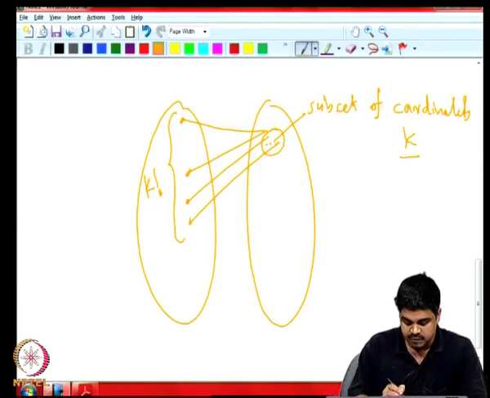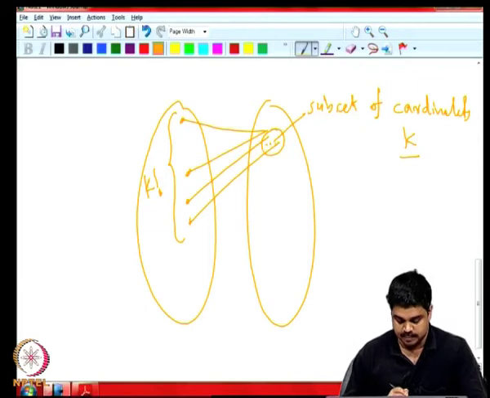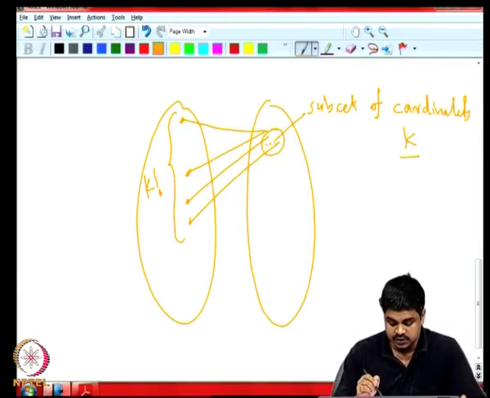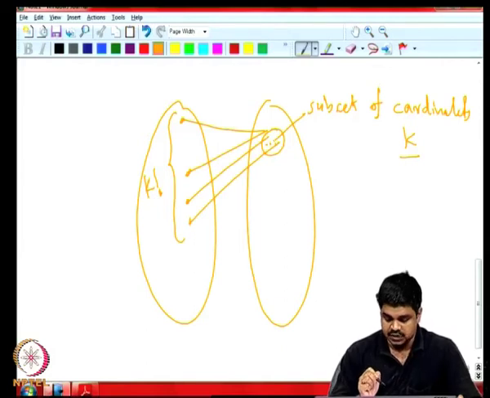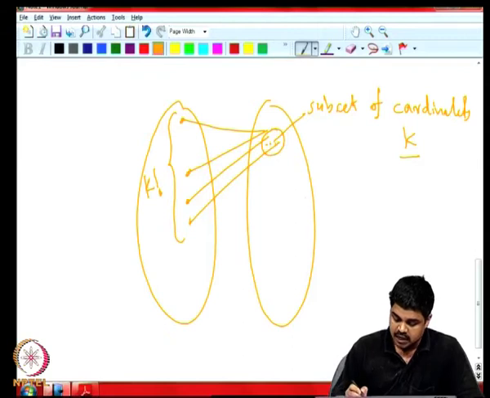Each of those k factorial lists will get mapped to it, nothing else will get mapped to it, and each of these things will get mapped to this only. So, this is such a function, and by our division principle,